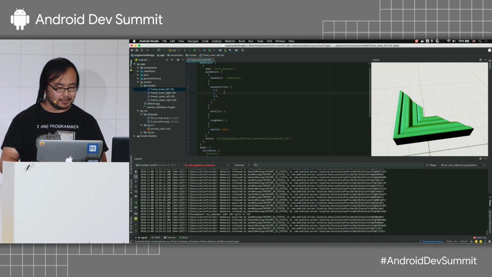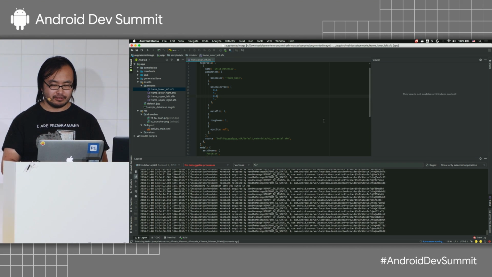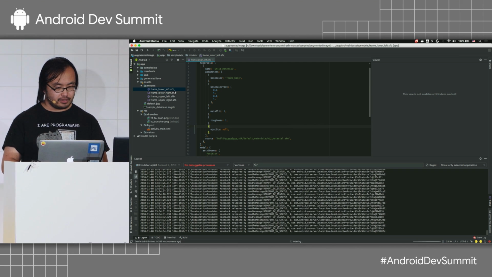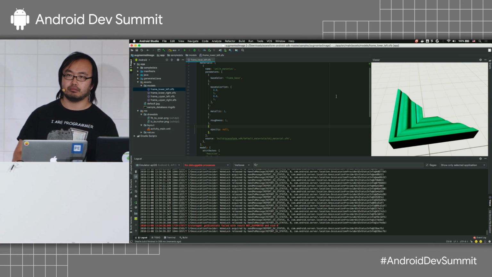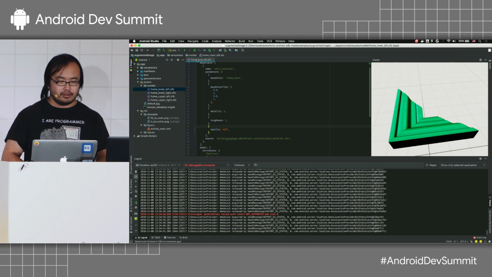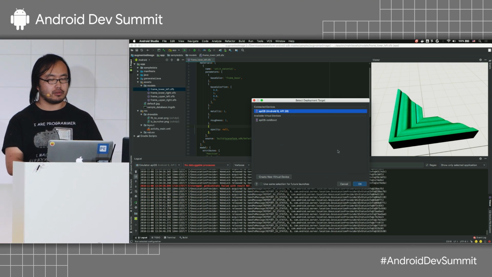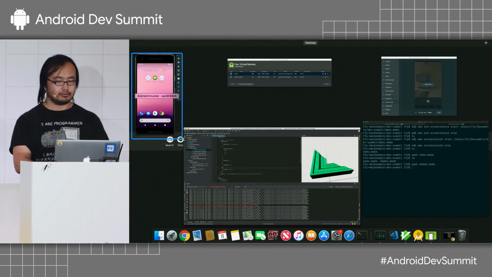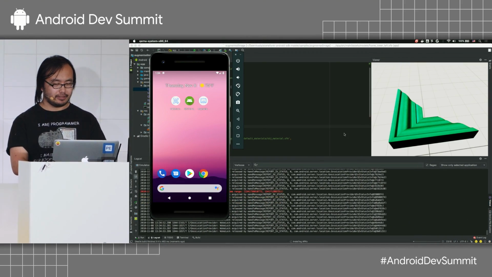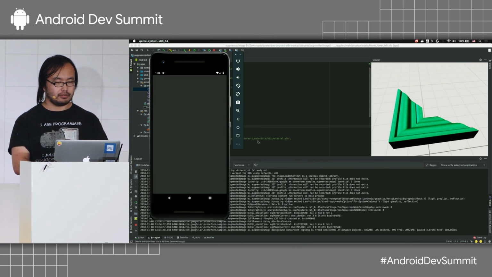OK, I guess that didn't really change the color very much, so I'm going to change blue to 0 as well. So once you save these files, the model should get reloaded, and you'll see that it's mostly pure green now. And in the workflow, we can just edit this model and deploy it to the device, while we wait, I guess. Right. And so in this app,